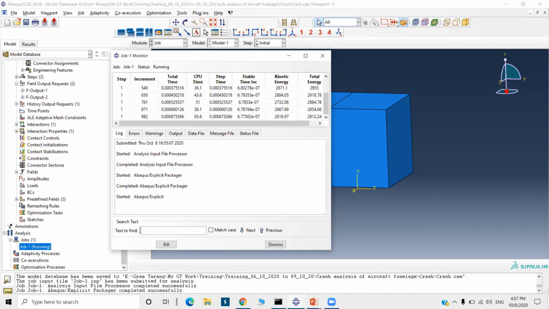Okay, one question is there. Why is the time 0.0015 second? Is that time for bird impact or for what? See, this phenomenon happens within a very small time, so this is 0.0015 seconds. The aeroplane is flying with some velocity, and the bird is also flying with some velocity. Right now we have given the velocity to the bird only, but this happens within a fraction of a second, very less time. So that's why we gave 0.0015 second.